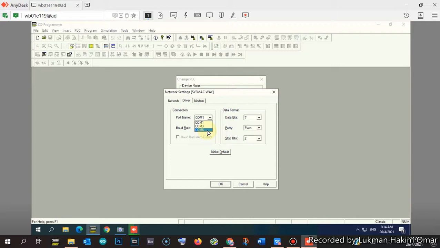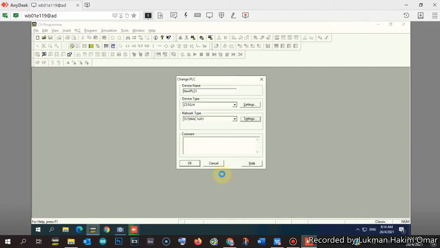So there are two serial cables from the PC to both PLCs. So we select COM3 because we want to communicate with the master PLC.